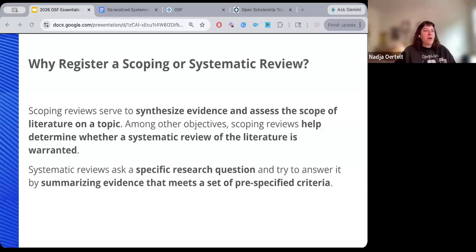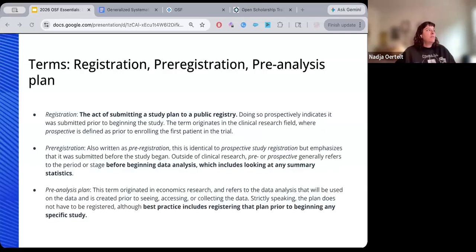So for those of you coming from utilizing Prospero or who do this work every day, this isn't new information, but what's different is what the OSF can offer on top of the scoping or systematic review registration itself, which we'll get into in a little bit.